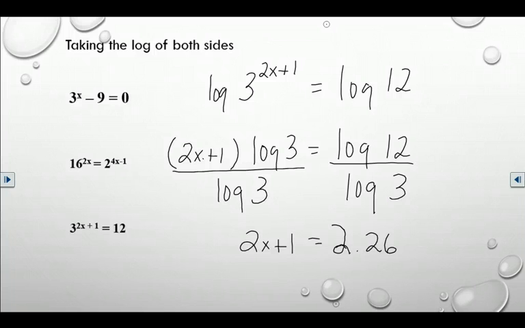Does it come out to be the same? And then subtract 1. And that's going to be 1.26, and half of 1.26 is 1.13. Or 0.63, I'm sorry. X is equal to